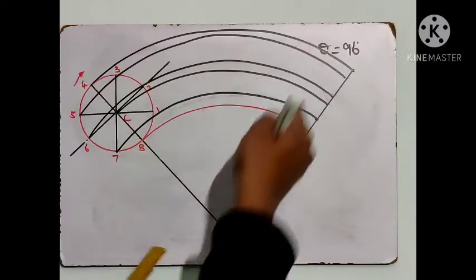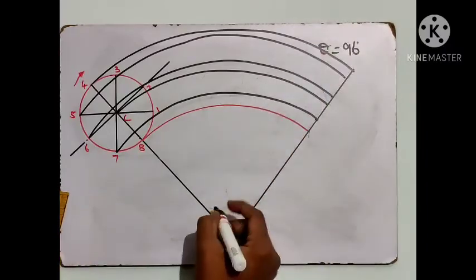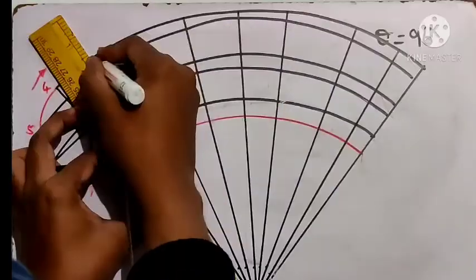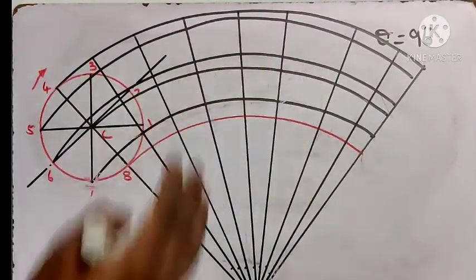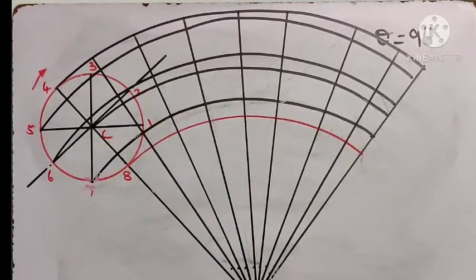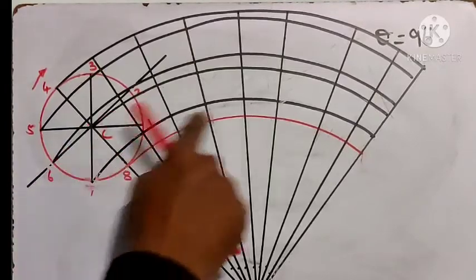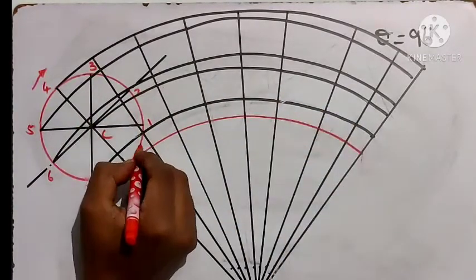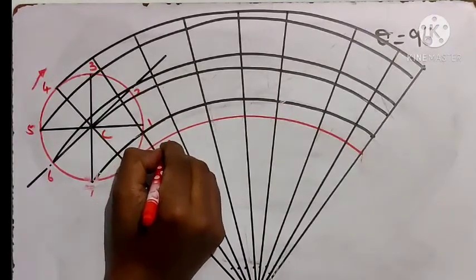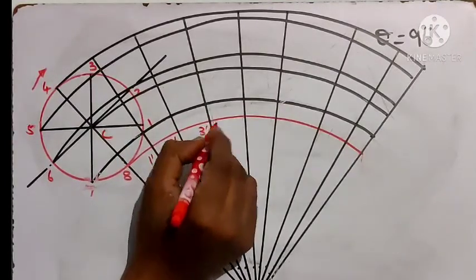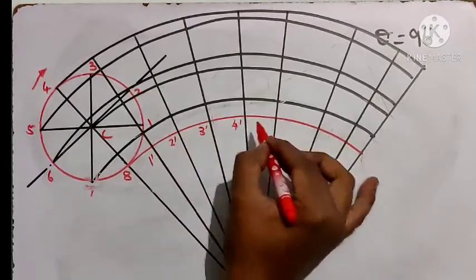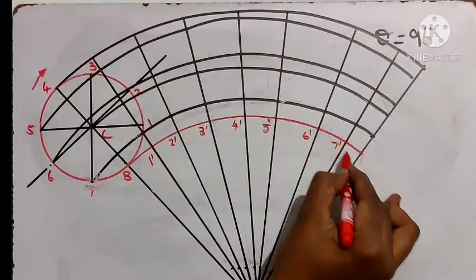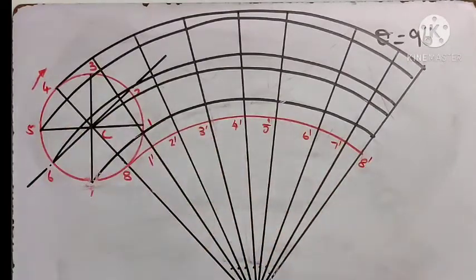And after that you make a vertical line, you make inclined lines. Okay. You need to make divisions like this. So after this, these lines will intersect somewhere in your guiding circle. So there you need to mark these as 1 dash, 2 dash, 3 dash, 4 dash, 5 dash, 6 dash, 7 dash and 8 dash. You need to mention that.